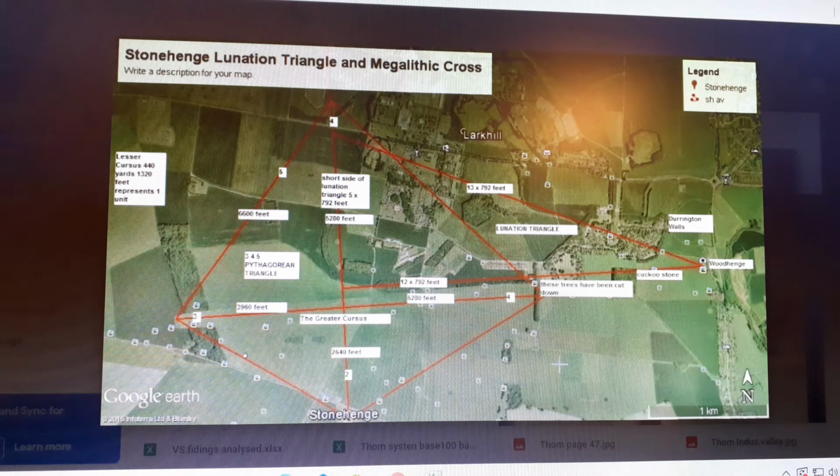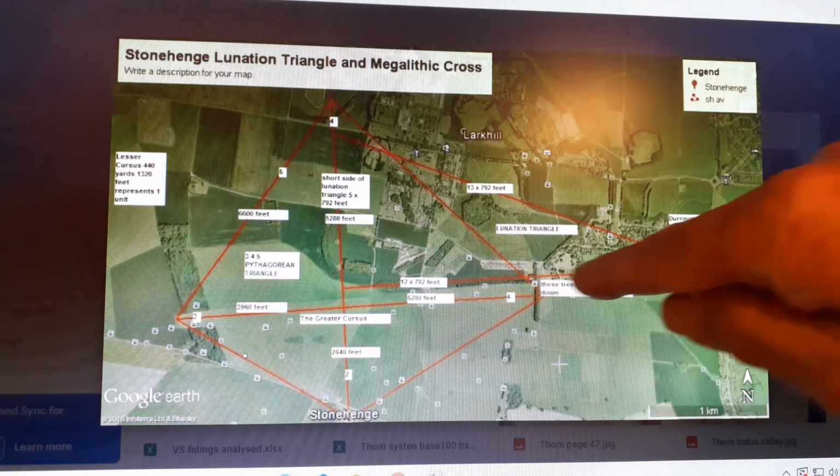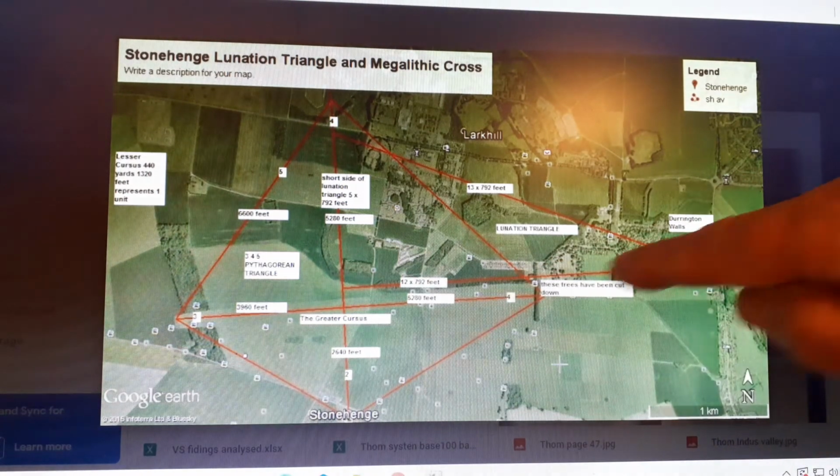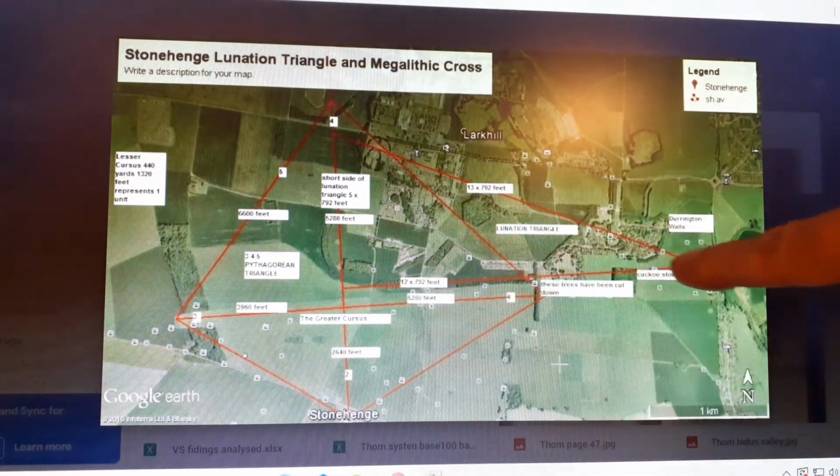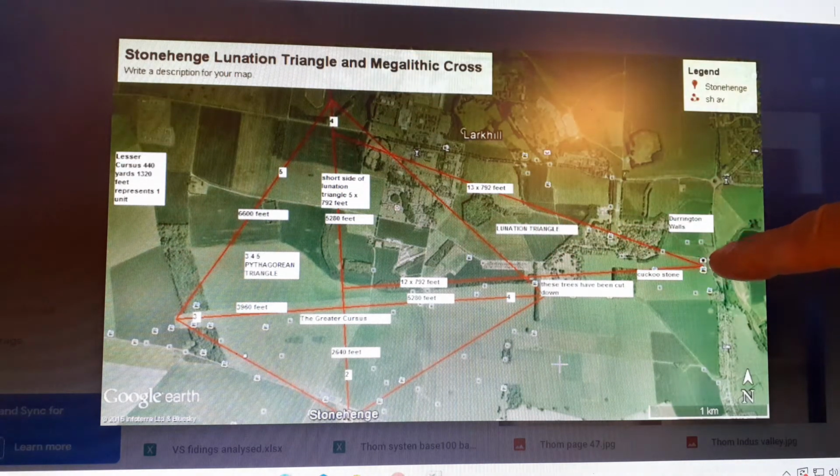Covering the same ground as in the last presentation, we're looking at the megalithic cross in the Stonehenge lunation triangle. And what we find when we look at the measurements is that the lunation triangle is a 5, 12, 13 Pythagorean triangle, and the basic unit is 792 feet, and that makes the distance from Woodhenge to this